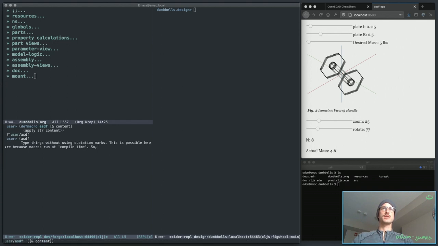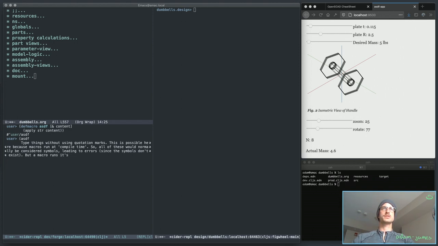So all of these would normally be considered symbols, leading to errors since the symbols don't exist, but macro